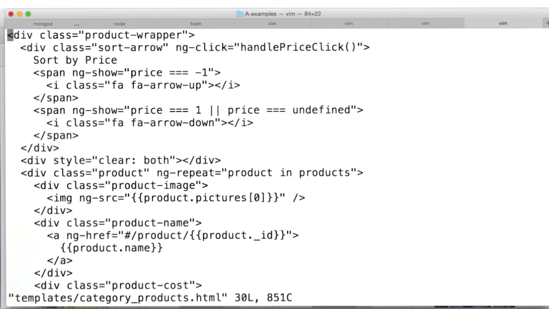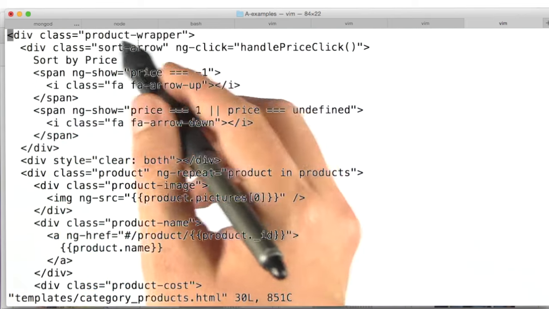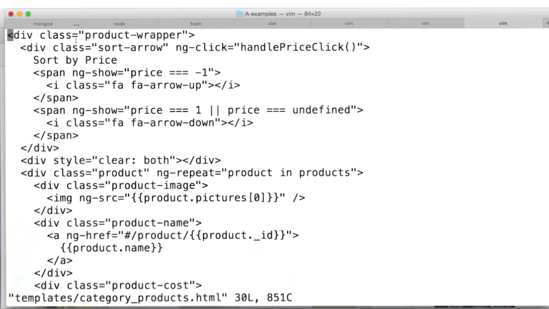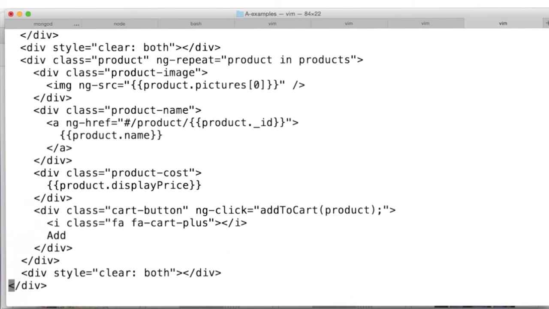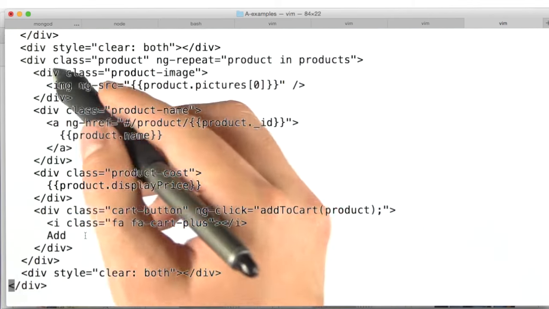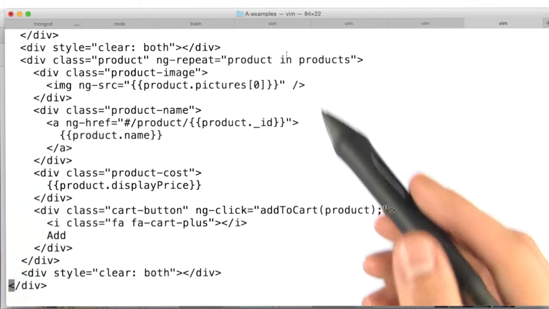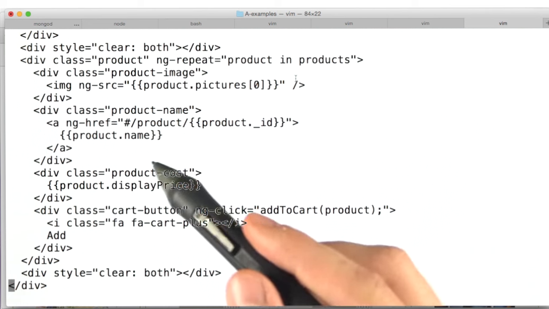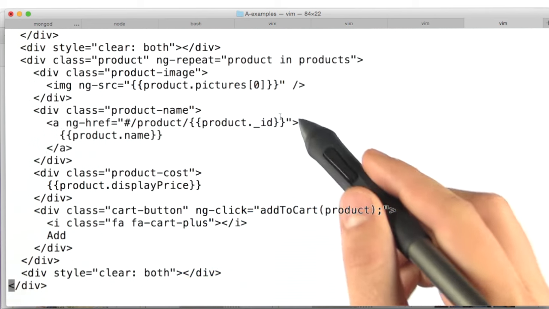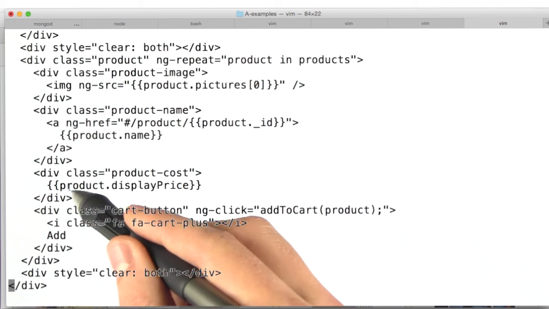So this is the category products.html file, which is the HTML for the category products directive. It has 2 distinct parts. The first thing we have is this price toggle, or this sort arrow div. This handles sorting by price and shows some handy arrows to indicate the sort order to the user. Now the second part of the directive's HTML is the list of products represented by this product div. This part does an ng-repeat over the list of products, and for each product it's going to display the product's name with a link to the product detail view. And finally, it's going to display the price using